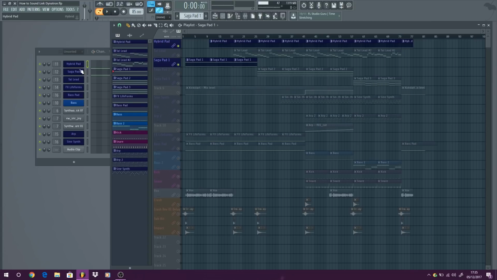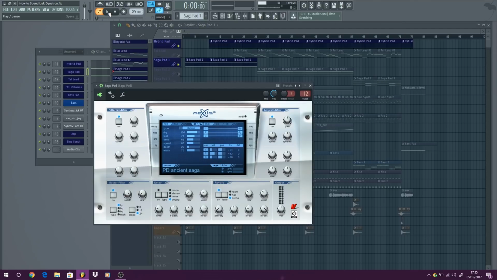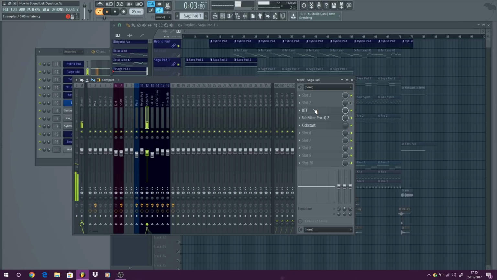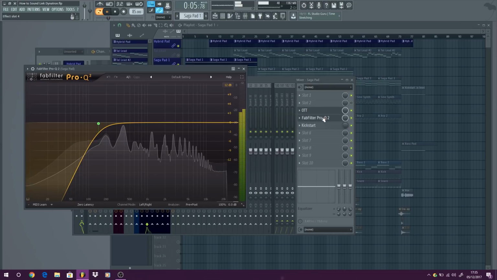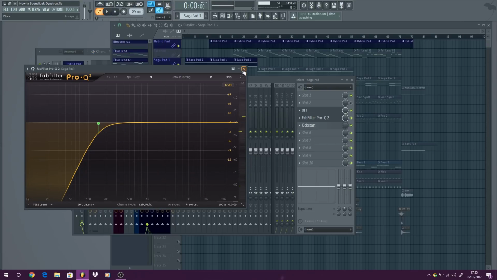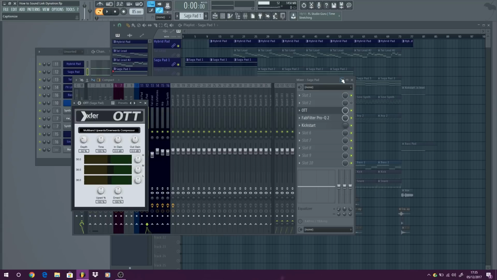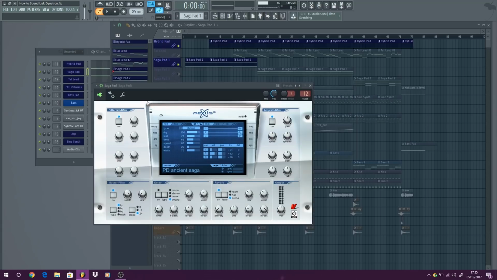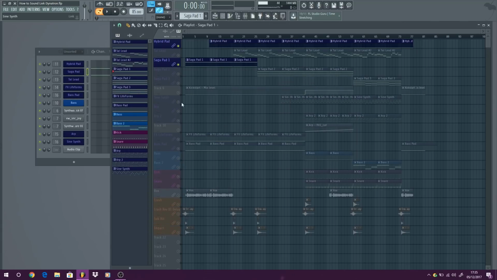And then we've got this Saga pad from Nexus. All we have on this is an OTT and a cut-off EQ cutting off the low end, and we have the Kickstart